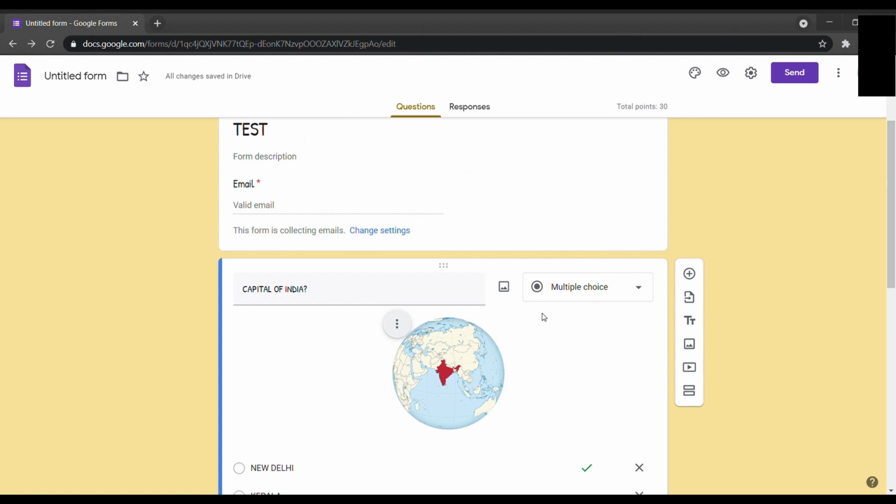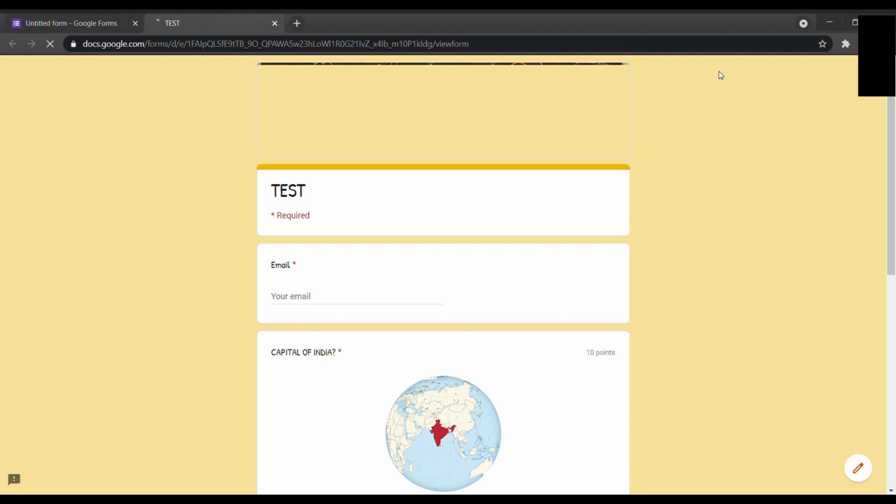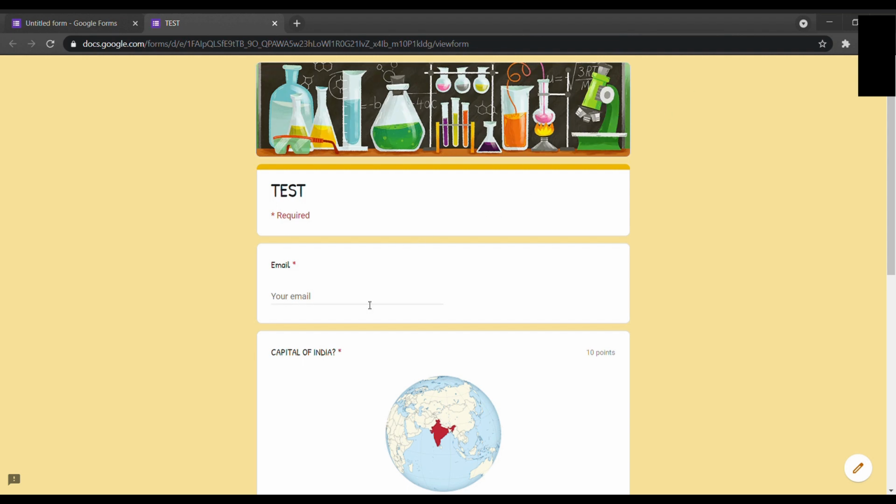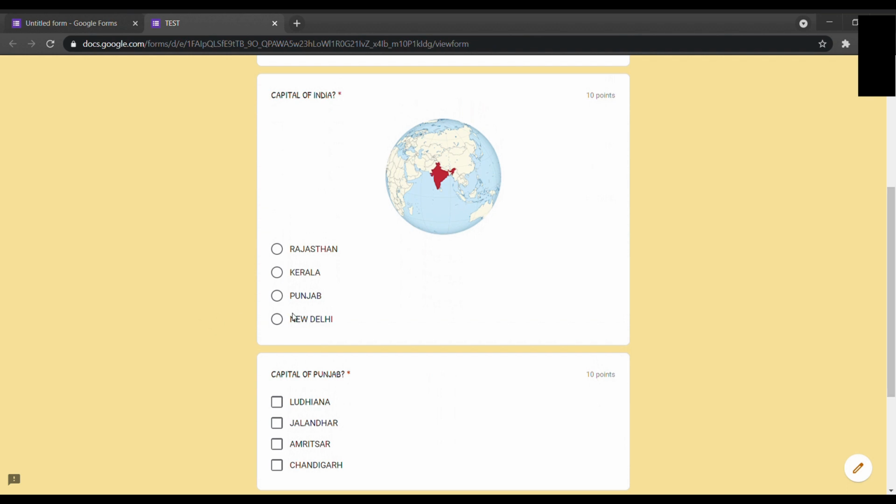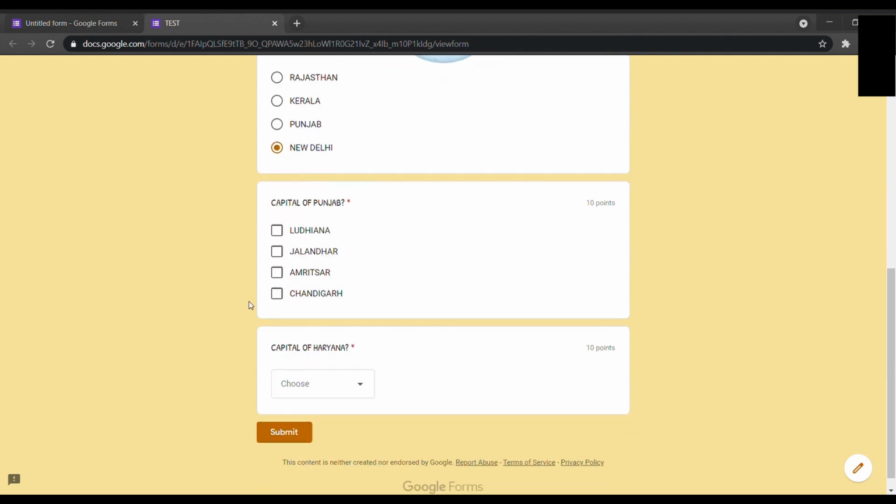So now we are through with this. Now let's go to preview. In preview, you will find how an attendee is going to see your quiz or question paper or your survey. This will appear exactly like that. So if you find any mistakes or anything, you can fix it. You can have a feel of how the attendee is going to feel while attempting this question paper or survey.